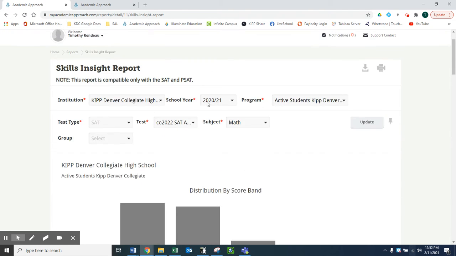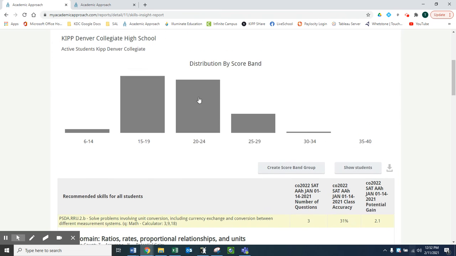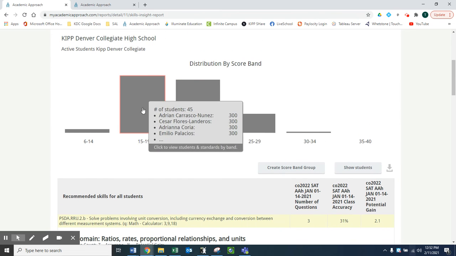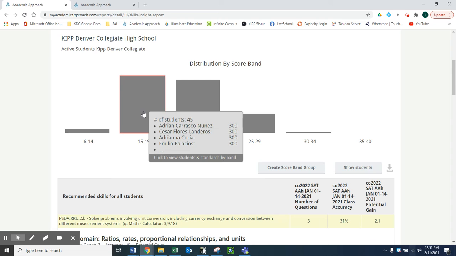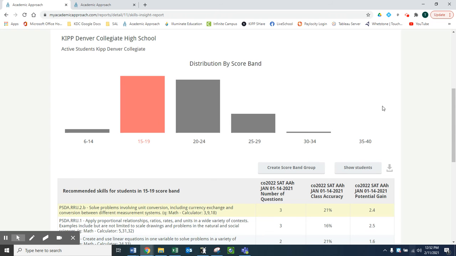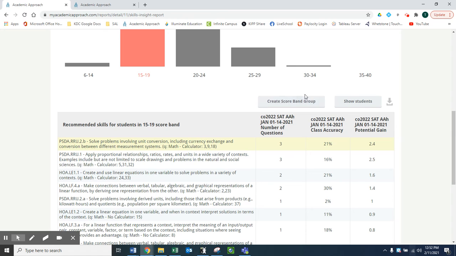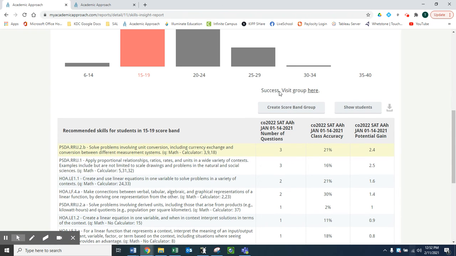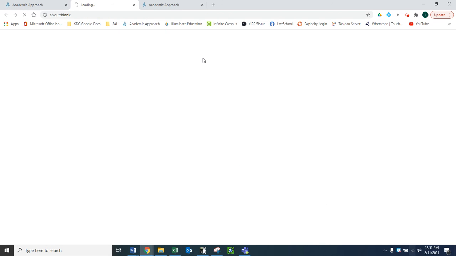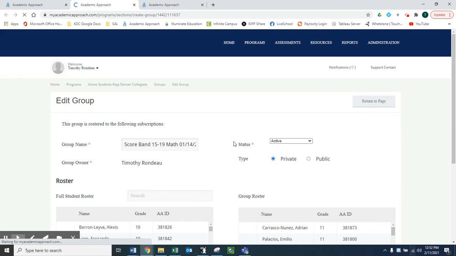So if you go back to your report with the Skills Inside report and you click on one of these bars, you'll notice that it says click to view students and standards by band. So if I click on the 15 to 19 group, first of all, it changes which standards they deem to be the highest priority. And if you click this button, create score band group, it says success, visit group here. And if you click on this, it will open up a new window, or a new tab, I should say,